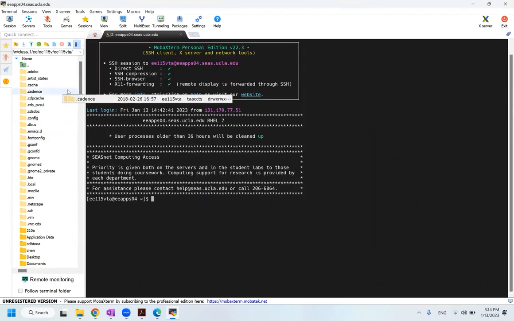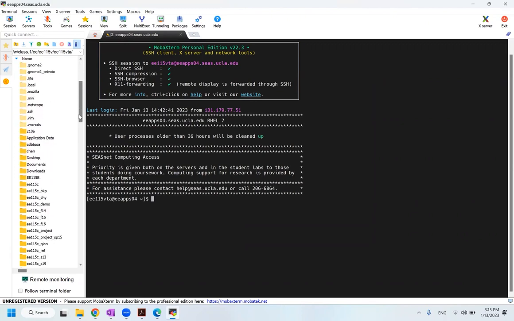If you haven't used MobaXterm before, basically here is your command lines. You can type the command. On the left is your home directory. And if you follow the tutorial,